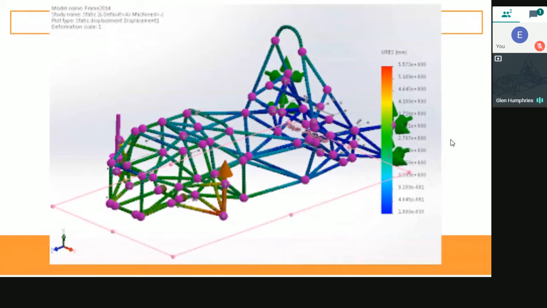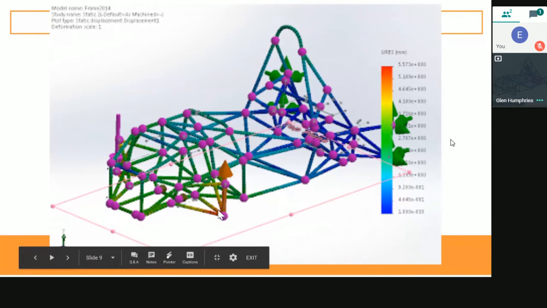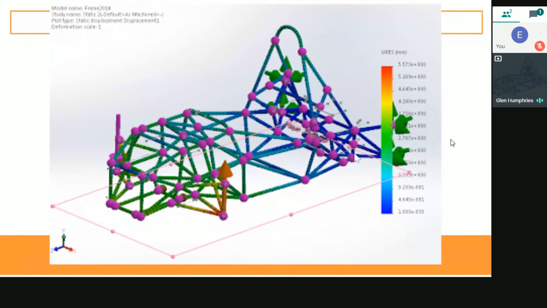I will, however, include just one picture of an FEA. So what we've got here is a chassis analysis from the 2014 Adelaide University Formula SAE car. As you can see here, we've got a beam analysis, and there's a point I want to make here. It's a chassis analysis, but it's also got the suspension in it. Hopefully we can see an indication on the screen here, where both front and rear suspension